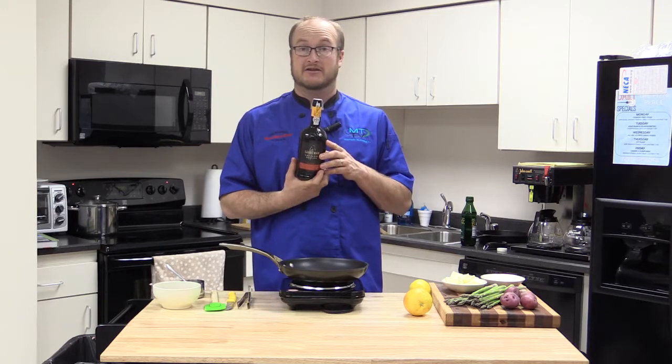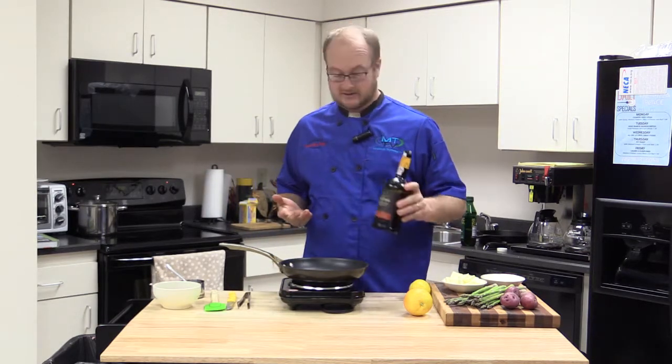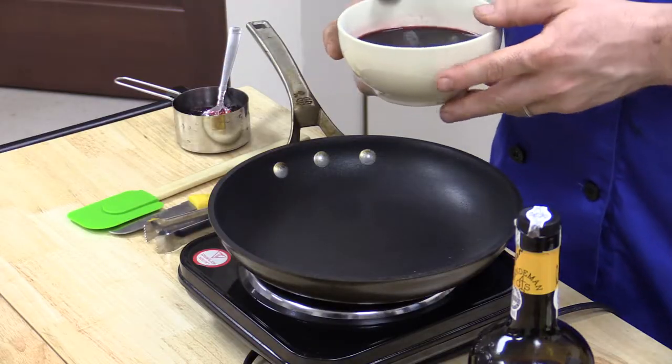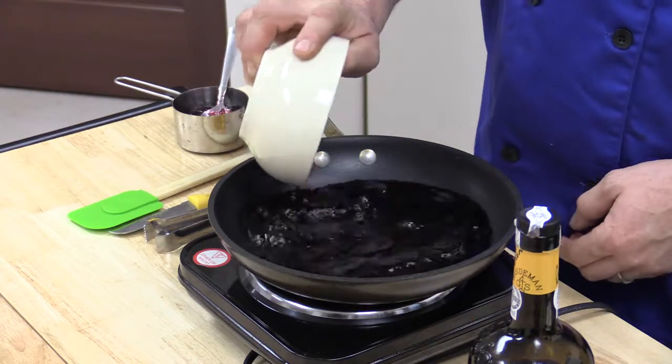Rich cheeses, rich desserts and sauces. This is a classic game sauce that we're actually making tonight, and it's good on beef. Not so good. It's a little rich for chicken and stuff like that. But anyhow, you put your cup of